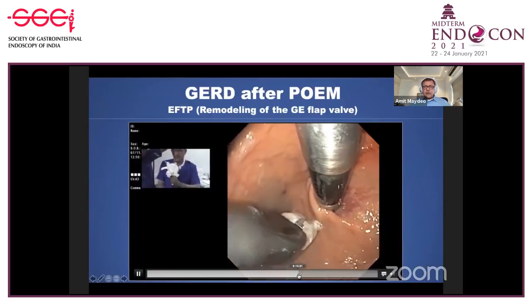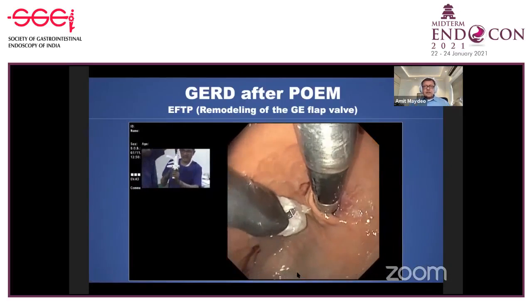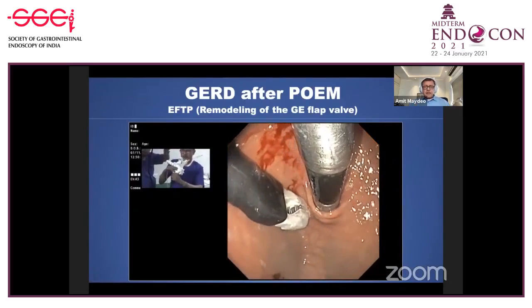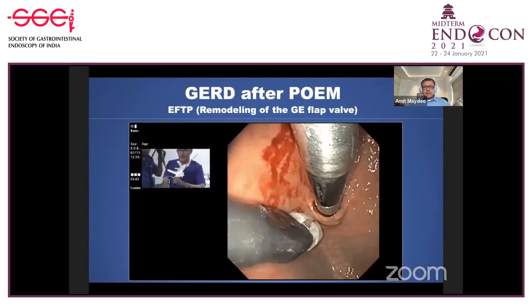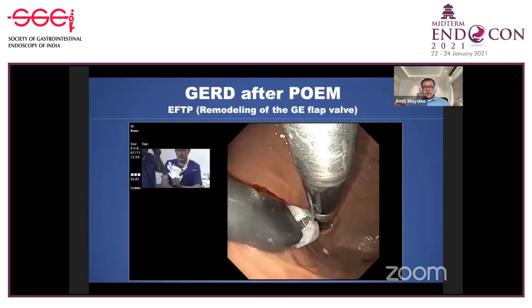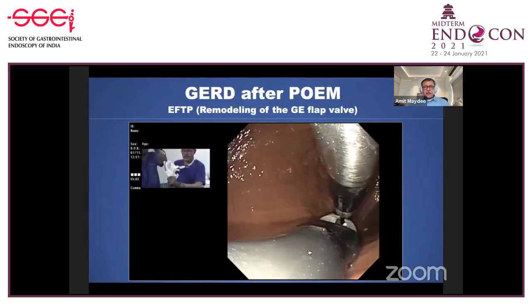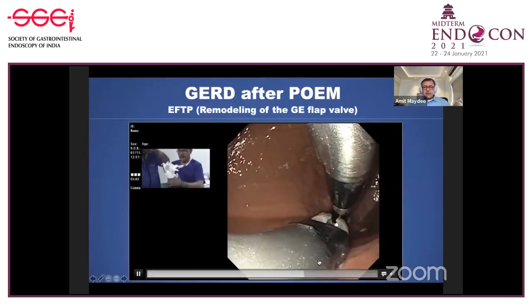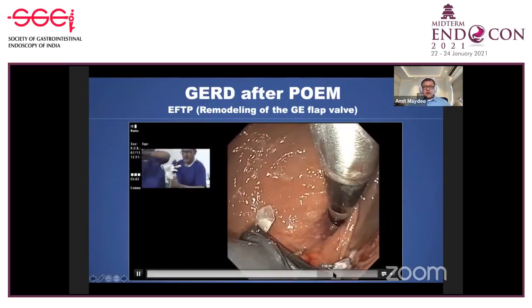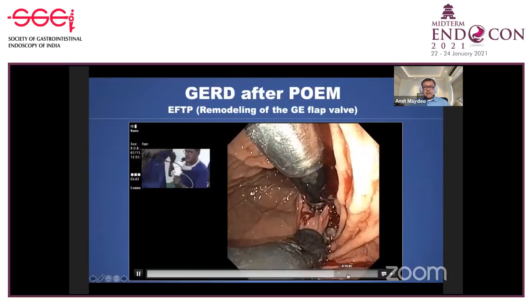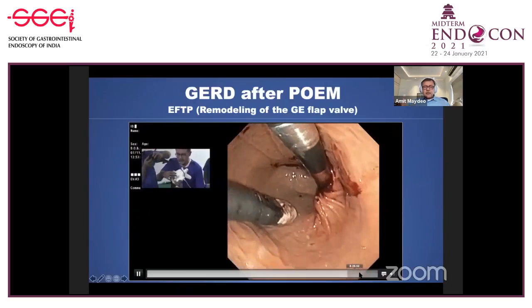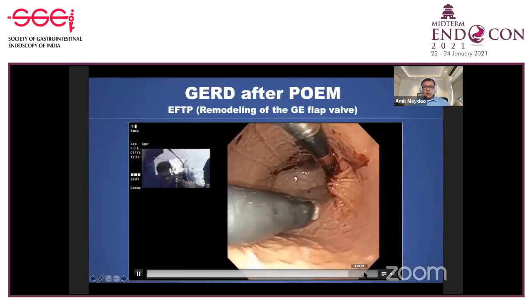So what we do nowadays is, all those patients who develop GERD after POEM and which is documented on pH-metry, those who even have symptomatic GERD or those who have esophagitis, we perform this endoscopic full thickness plication, and this prevents the reflux. It reduces their reflux, and therefore we are performing this procedure only in those patients who require it,